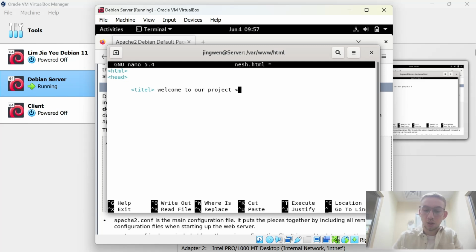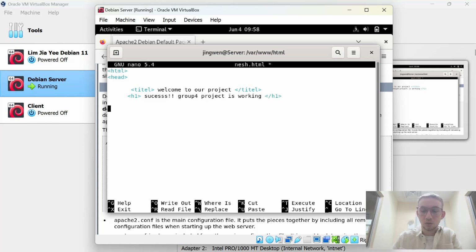We write title, then close it with /title, and now we should insert h1 and close it. It's a web service and we can write anything here. I should write: success, our group 4 project is working, and finally we should write /h1